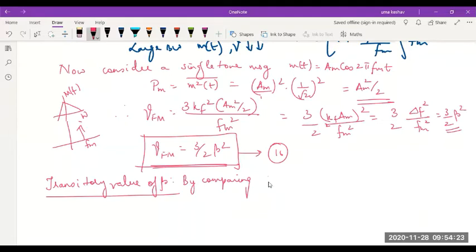This is done by comparing single tone AM and FM equations. So let me say, do you remember what was the expression for figure of merit of standard AM single tone signal? Mu square by 2 plus mu square. This is actually easy to remember because you are getting the same equation as the efficiency of AM.